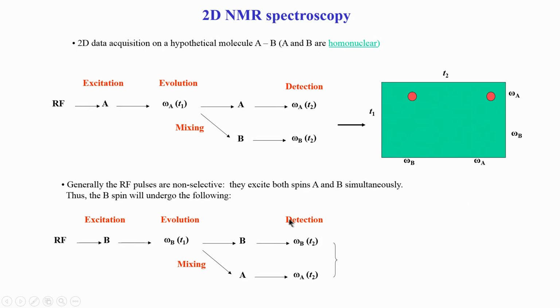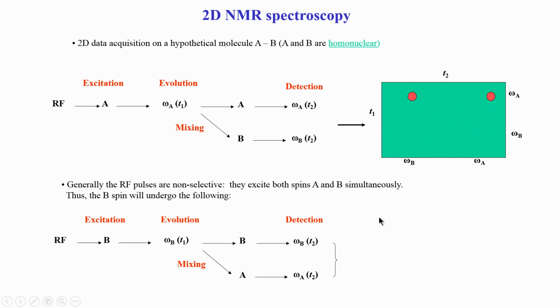This is where we physically detect the signal. Here in this evolution period there is no detection. So, this is something one should keep in mind, that we have two time values T1 and T2, but the detector hardware detects signal only during this period T2. This is indirect detection, this is not actually detected, but because we capture this combination in a spectrum, we can call this an indirect dimension.